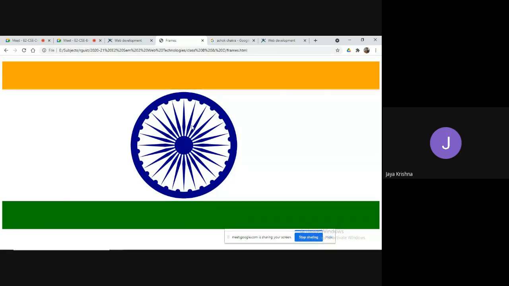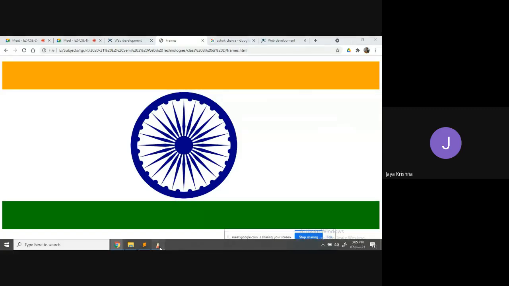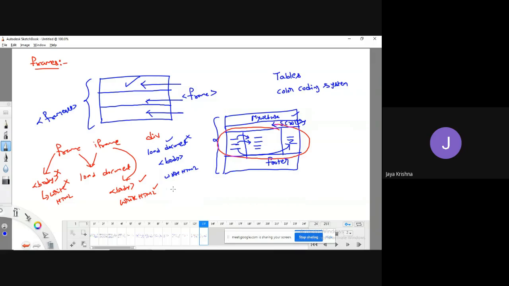Now simply we can divide wherever you require, and we can do whatever we need. That's it. That is the advantage of the division tag. Okay, fine. So the main difference between the concept of frames and the division tag is that the division tag is not meant to load a document, but I can write our own HTML tags and do whatever we want. Whereas frames are specifically meant to load a particular document and to divide the web page into multiple parts. That's it. Okay.